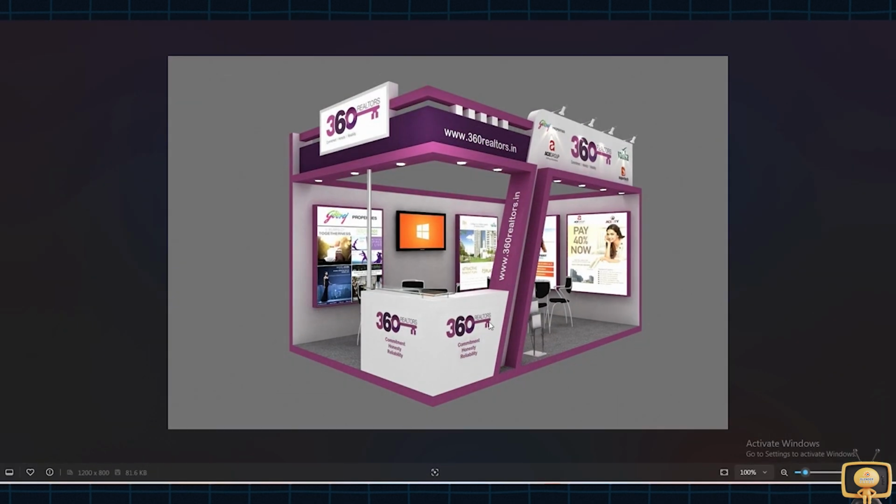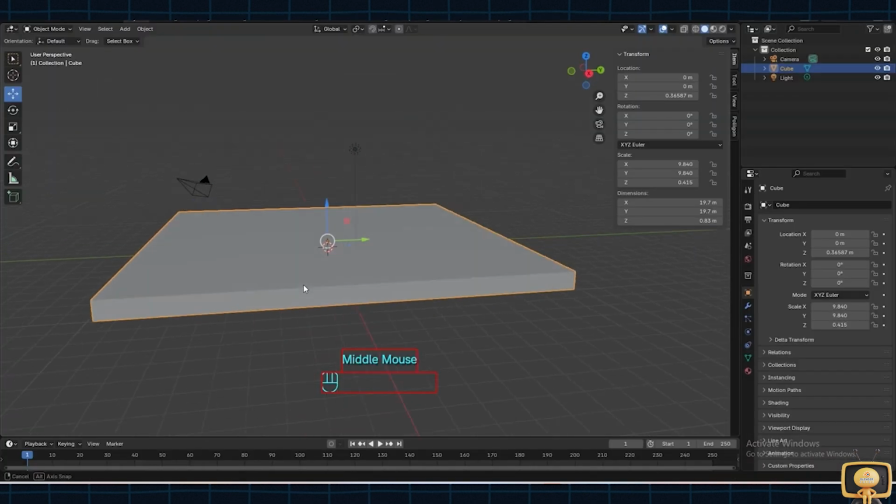So we have a reference created here, and with this reference we are going to generate our stall. As you can see, this is a 2-wall stall, that is wall number 1 and wall number 2, and two sides are open. It has a fascia with the branding of Godrej, and we are going to brand it with Microsoft. Lights are here, and it has a fancy design above it. It looks difficult, but it is easier than you think, trust me. It is a LED and a panel with the light in the background, so that the design is highlighted.